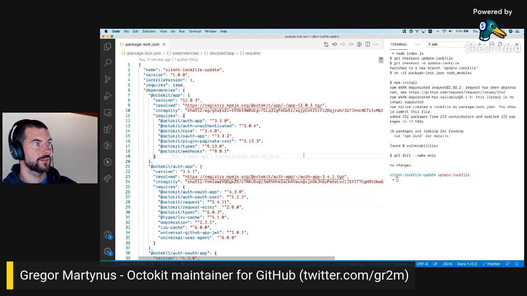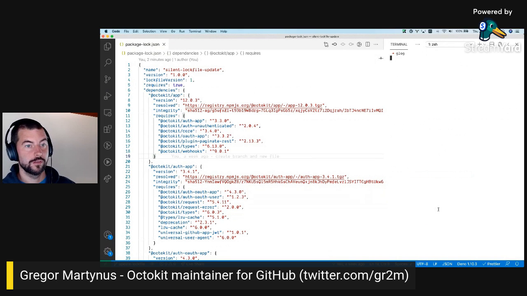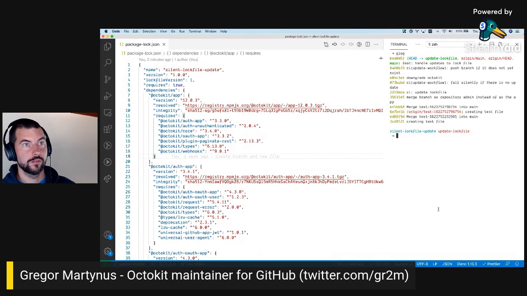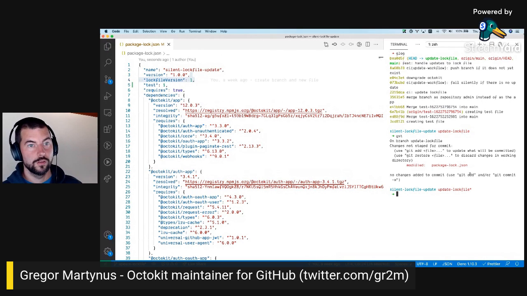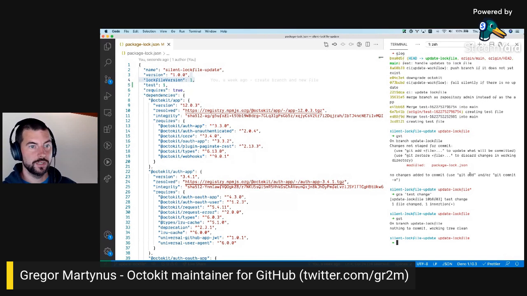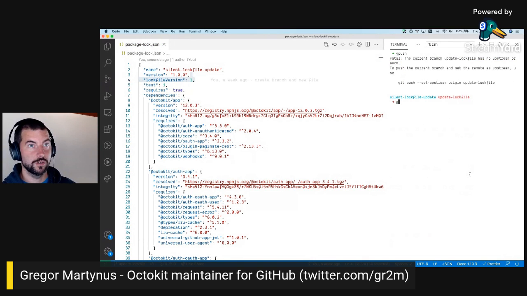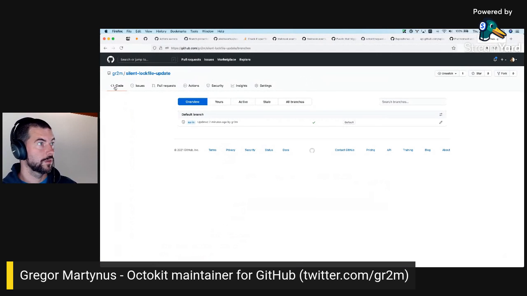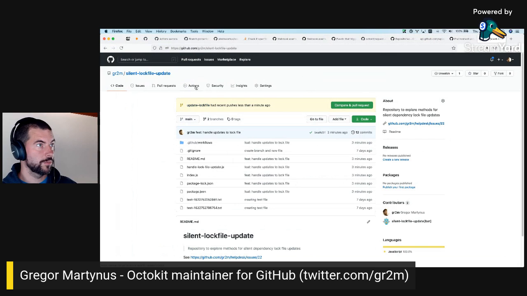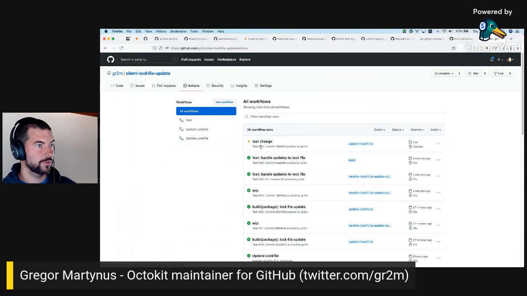No changes. That is very odd. Okay. And let's just simulate that there was a change. Push it to remote. Okay, our new branch, and now this should trigger